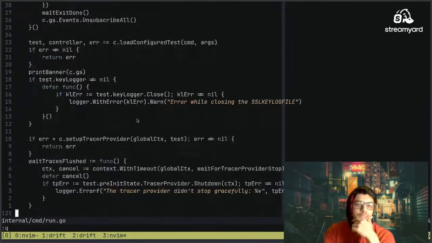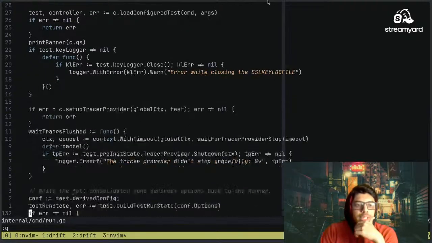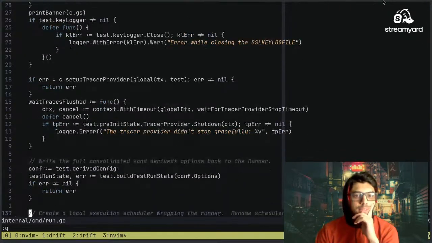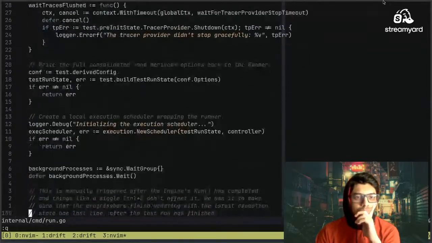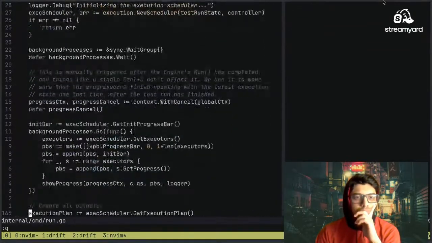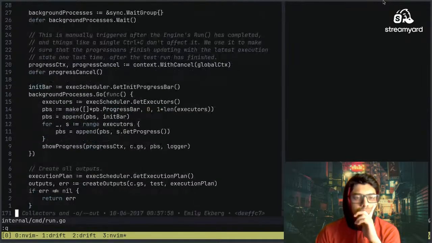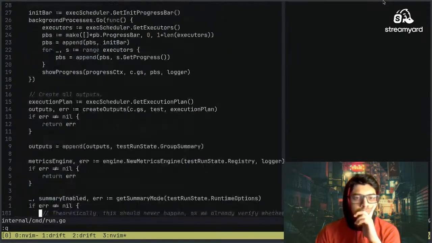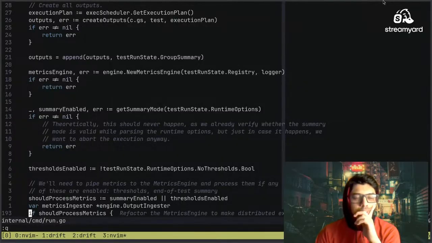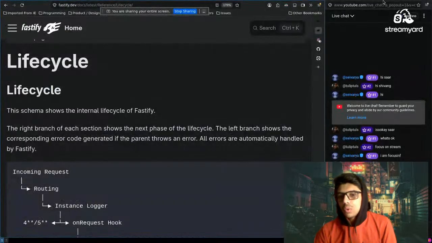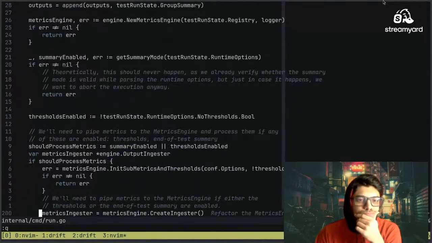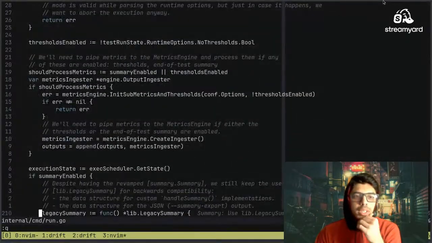So there's a basic चीज़ें check करनी है. Wait trace is flushed. Conf test derive config. Test run state. Get summary mode, test state or runtime options. See, why don't get is runtime options? It should process